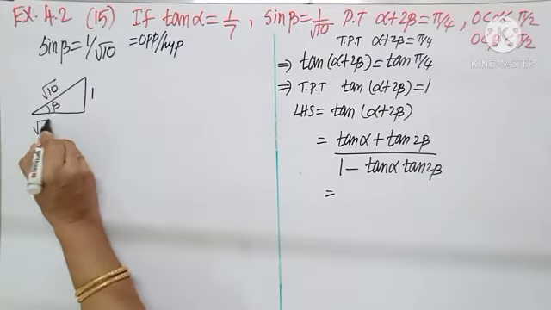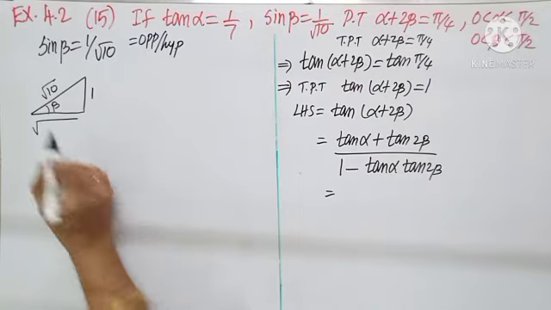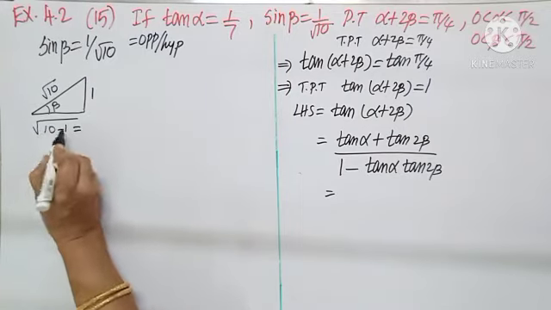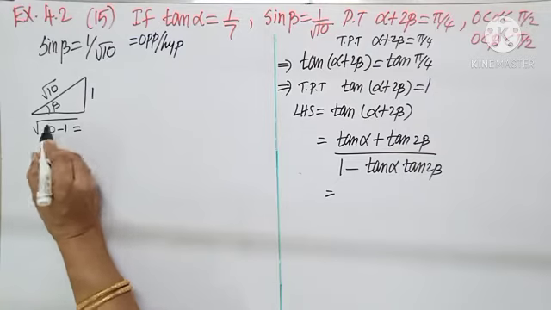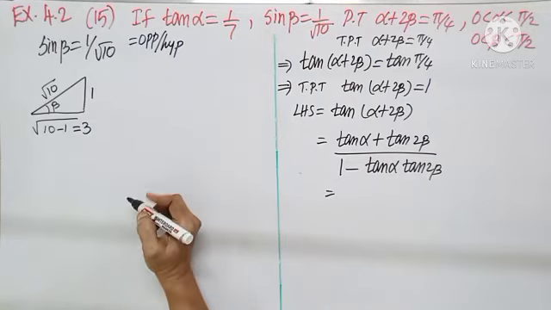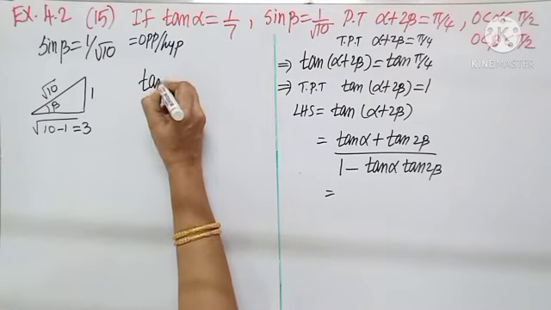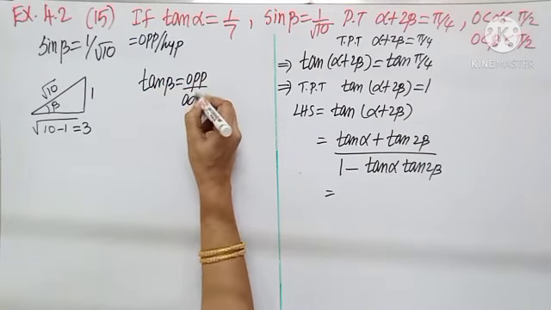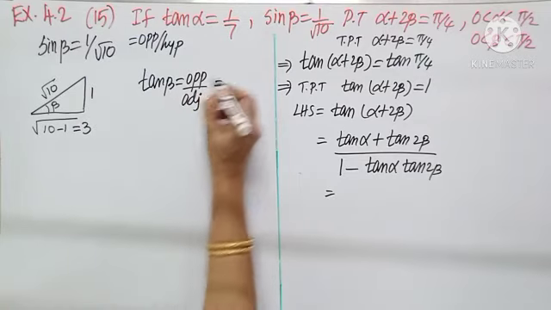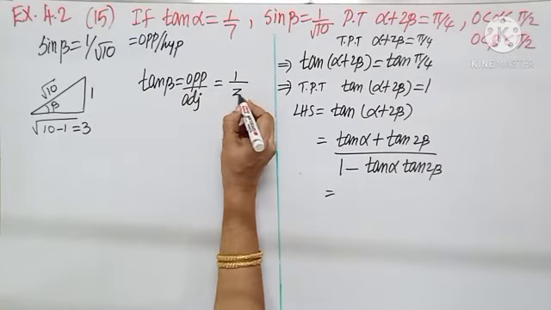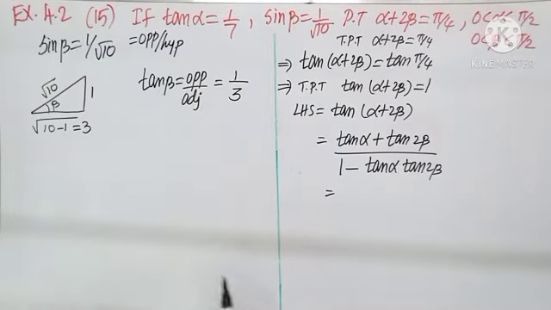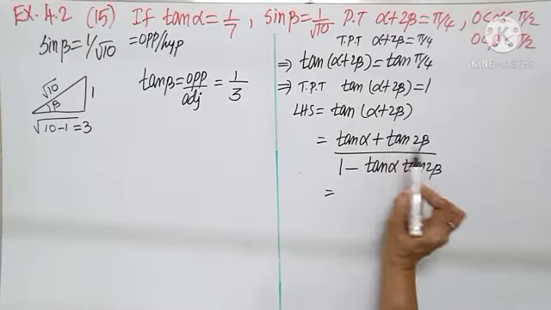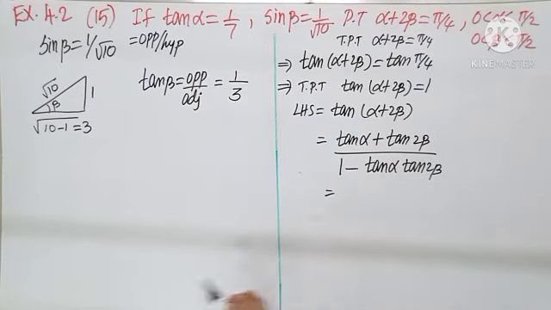What is the adjacent side then? It is square minus square. 10 minus 1. 10 minus 1 is 9. The square root is 3. So I get tan beta equals, by my formula, opposite by adjacent. Opposite 1, adjacent is 3. Once I know tan beta, can I substitute here? No. My question is tan 2 beta. It is